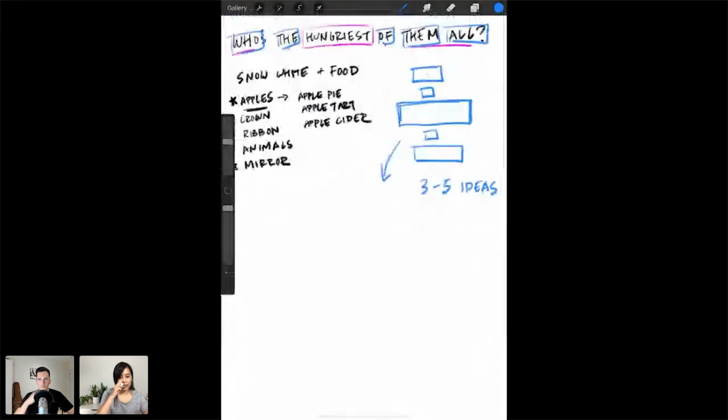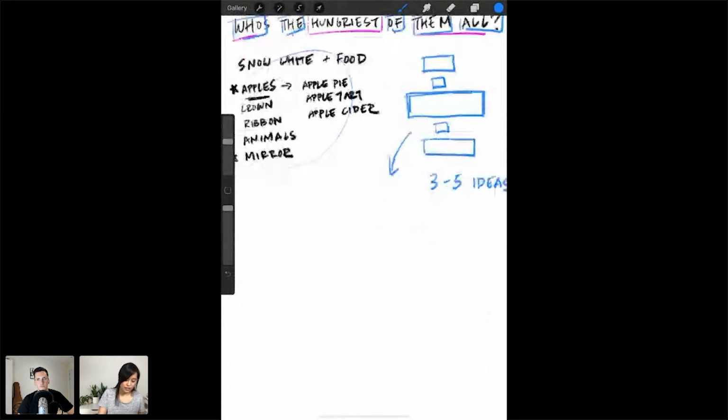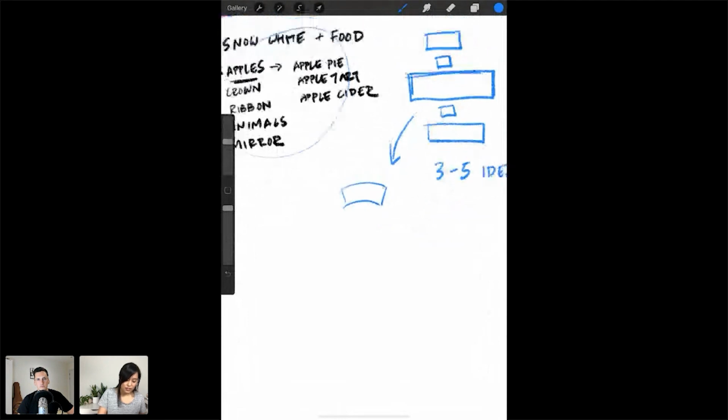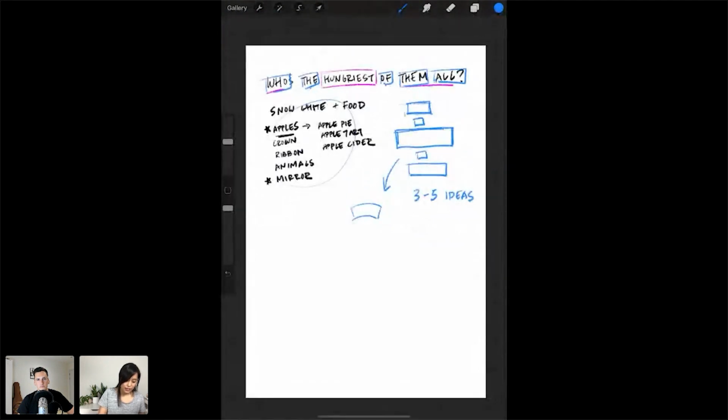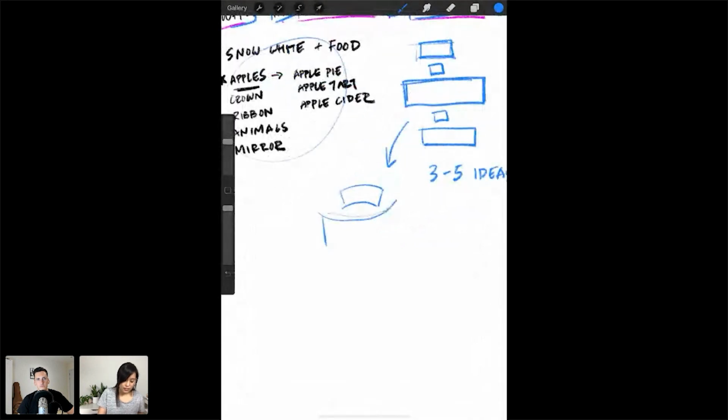So for example, now that I'm thinking about my list over here, I know that a mirror is something that I really want to integrate. Maybe we can be inspired by the curves of the mirror and start to curve our letters around like that too. So for example, instead of having just this kind of straight lined block over here, maybe it's more of an arc. And